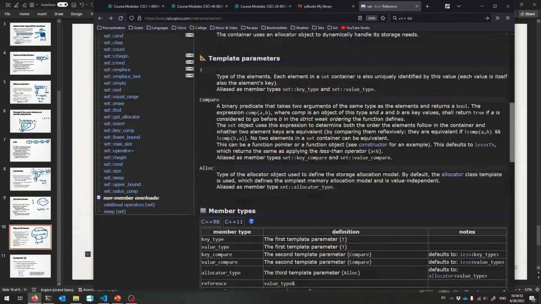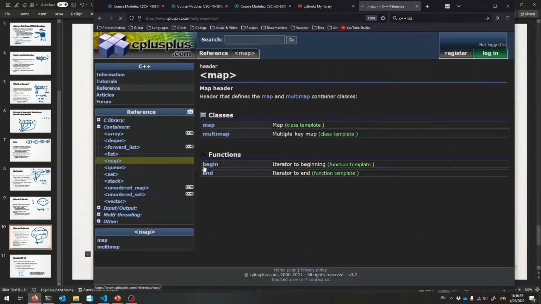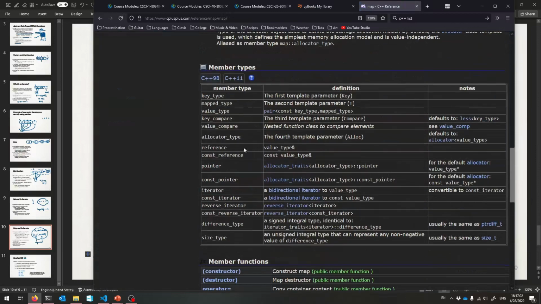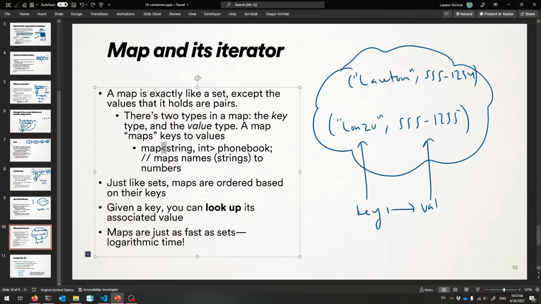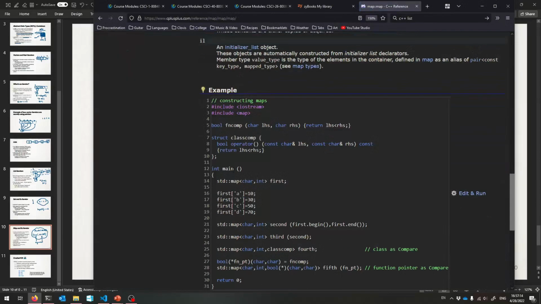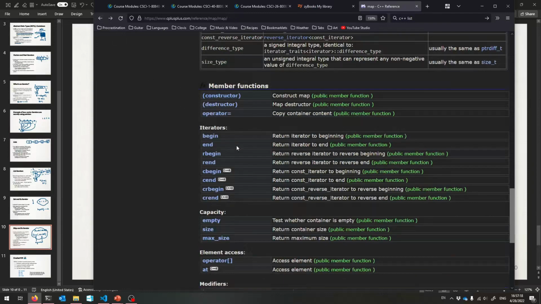Let me show this to you. And so because there's those two types involved, and they could be anything, a map takes two little parameters within those angle brackets, within that less than and greater than. It's like, what's the type of the key, comma, what's the type of the value, which is new. So how do maps work? Here's how you can make some of them out of existing things, but I'll show you the